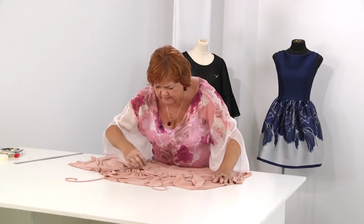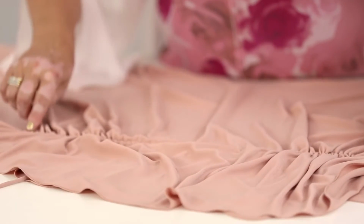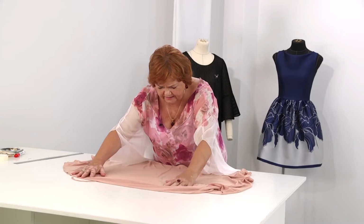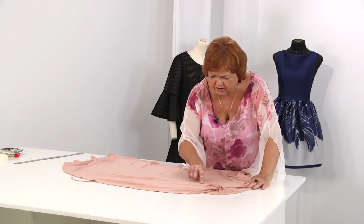One cord was stitched to the upper part of the seam, and the second one to the lower. Have a close look at the seam. We stitched the seam first,